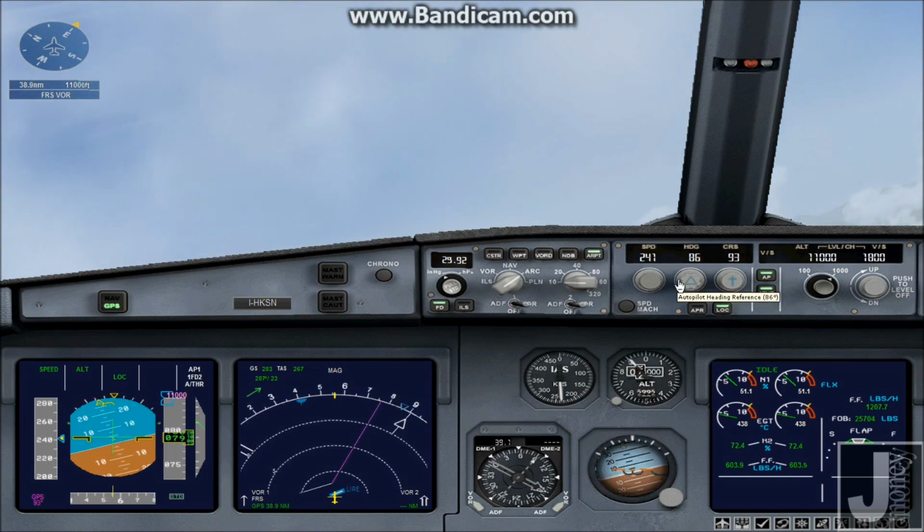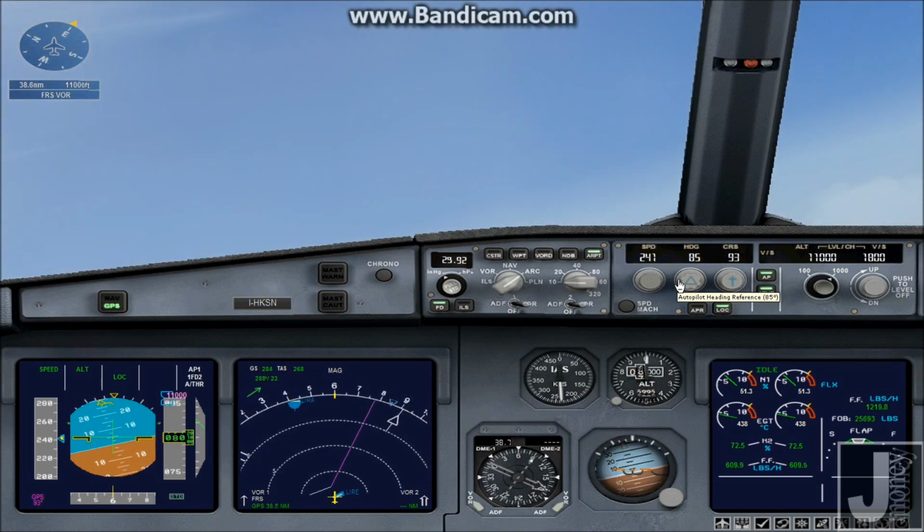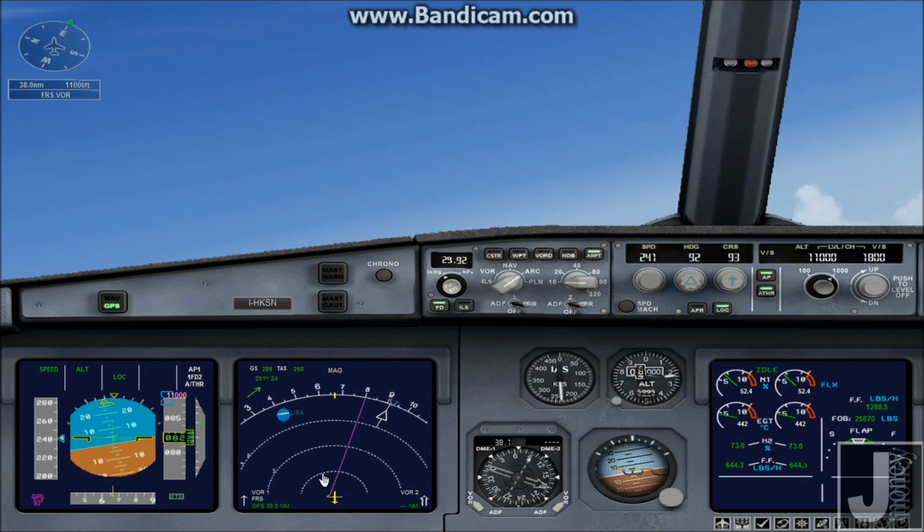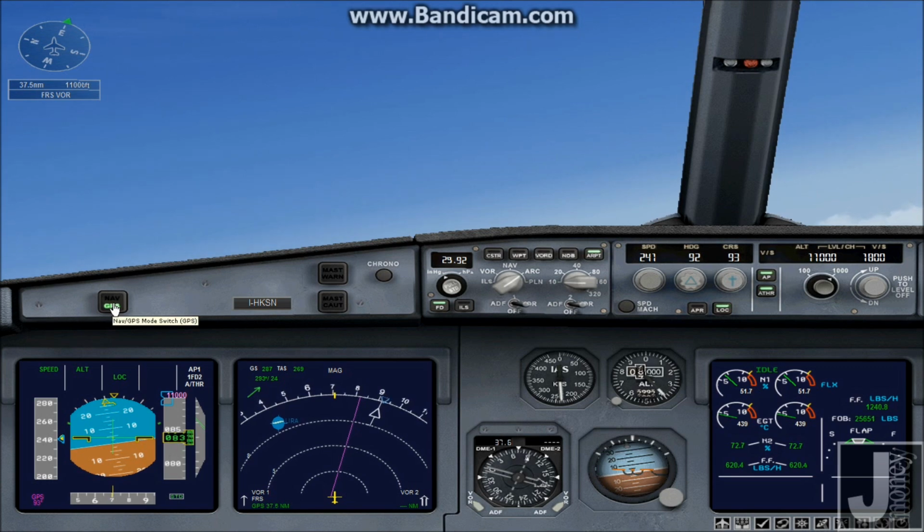So he said now turn to 092 degrees, which is this way a little more. But the autopilot's going to do that for us with the GPS, because we have it set to GPS. If you're going to do that, make sure you have it set to GPS here, and GPS is illuminated, because